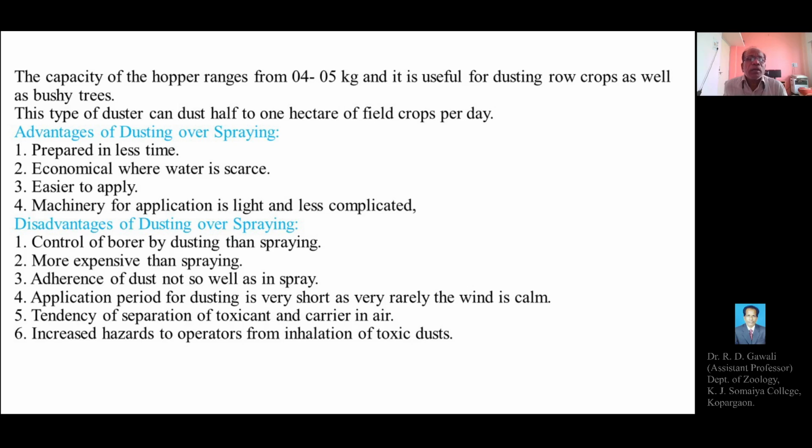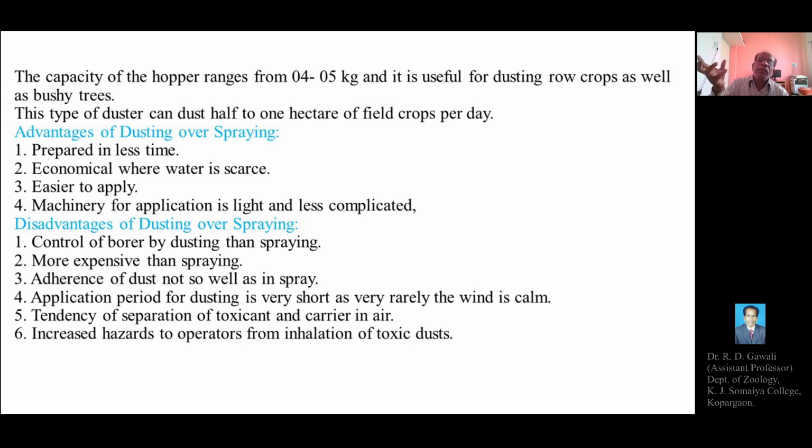Adherence of dust is not so good as in a spray. Powder pesticides can fall down onto the ground instead of remaining on the plant surface for a longer time. Since it is a dry powder, it can fall down from the crop plant directly onto the surface of the land, and thus the adherence of the dust is not so good